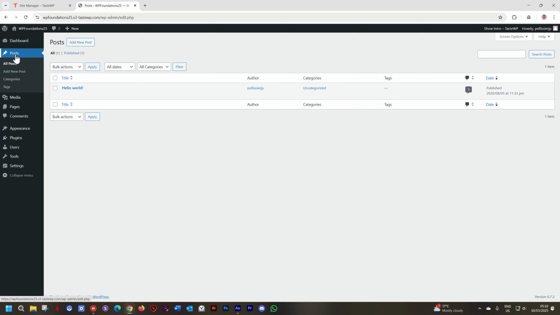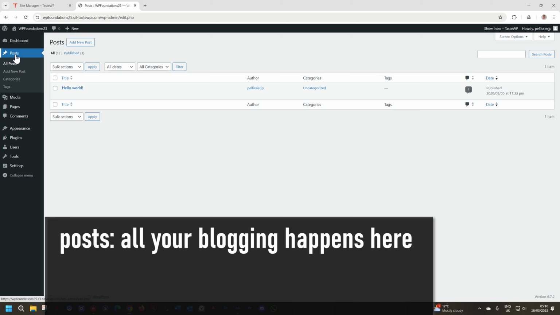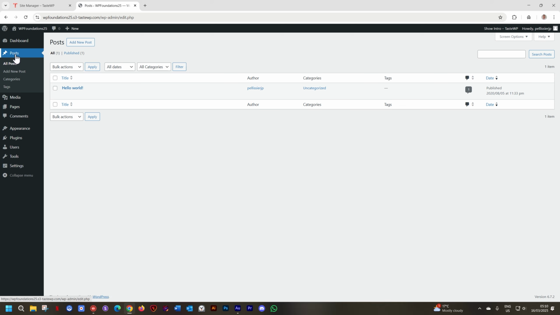Now, posts. This is what we've selected. That is where you do all your blogging. That's where you write articles. And that's how you put them together in a display so that everyone can get your news, your articles. And you create them here within this posts area. Here you will see there's already one created called Hello World. Every time since the beginning of WordPress, when you install WordPress, WordPress gives you one post for free. One that they've created, and it's called Hello World.